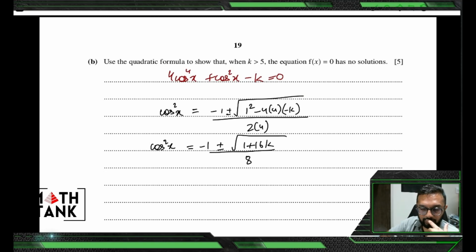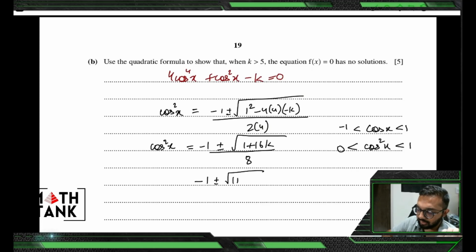The first thing that I can then point out to you is that this cos square x, this entire thing, can also not be negative. So it has no solutions when it is negative. The other thing is that since cos fluctuates between minus 1 and 1, remember that cos square x also has to be less than 1. And it has to be greater than 0. Why? Because it can also not be negative. So those are the limitations for cos square x. It has to be less than 1 and greater than 0. So basically I have two restrictions on this entire thing.